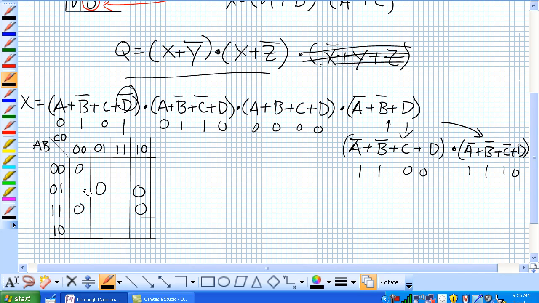Okay, so now what are our combinations? How can we group these things? Remember that these diagonal ones are not adjacent, so we really can't group those. But we can group this one. And because of wraparound adjacency, we can group this one. These right here, we can't do much about. Let's do just that term. Those are easy because it's A or B or C or D, 0, 0,